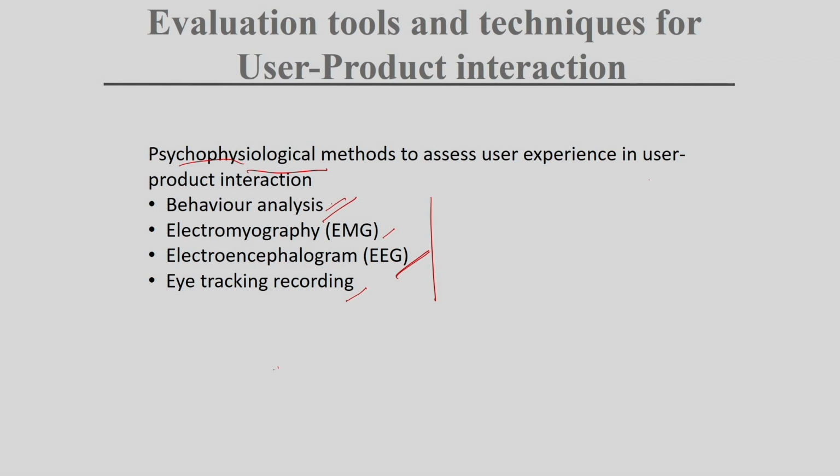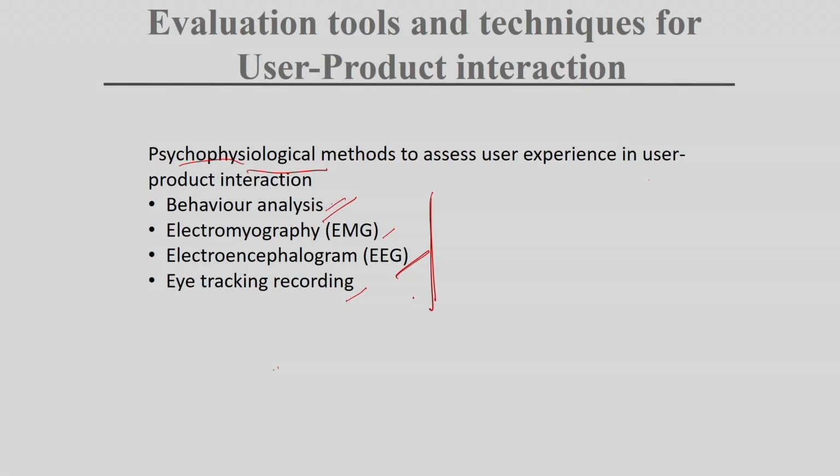Last but not the least is eye tracking recording. It is very important nowadays. Maybe you have a bottle of soft drink on a shelf, and the same drink is there, maybe in a canned version and another in a bottle version. Maybe your can is less in height and your bottle is more elongated, with a different shape. So if it can understand what is more attracting the person, due to the shape and form of the bottle, and it is more attracting the user, so they are getting influenced.